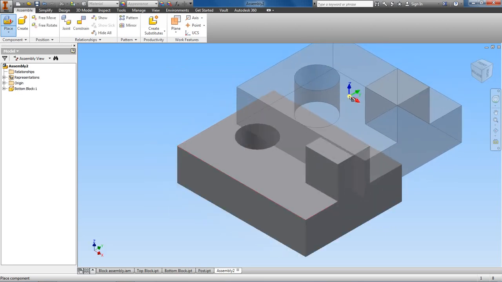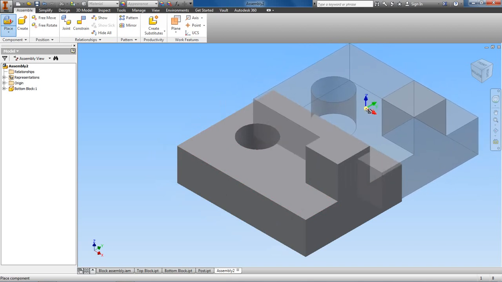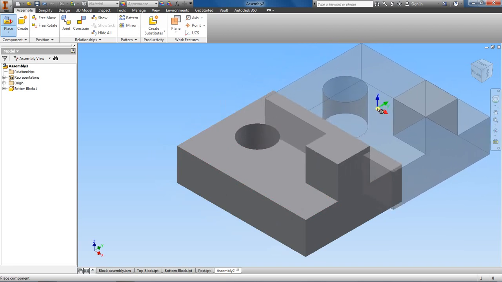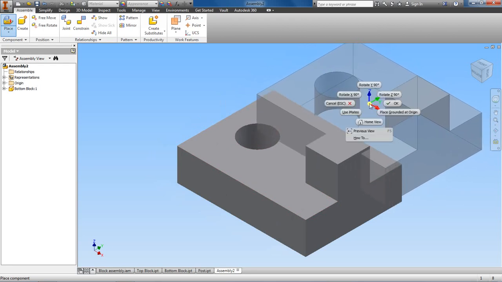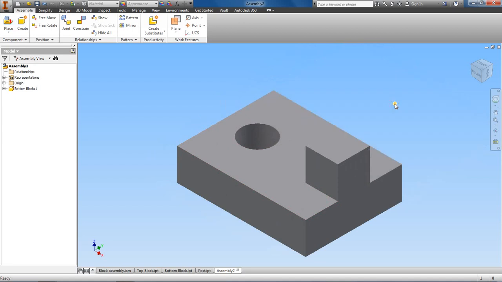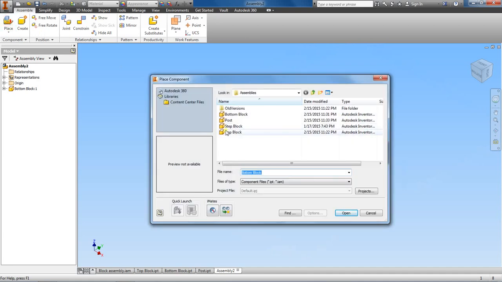As I move my mouse away from the part, you'll see a preview for a second part, another one of the bottom blocks to be placed in there, but we only want one of them. So let's right click to get out of the place feature. Okay. So I'll go ahead and click place again. This time I want the top block,